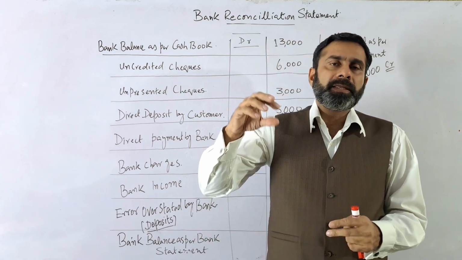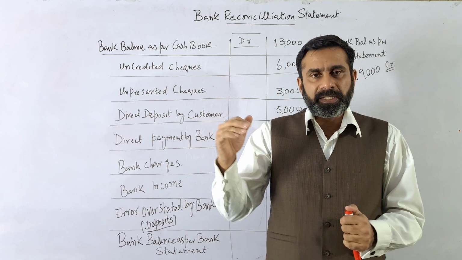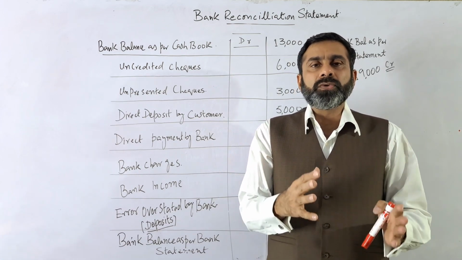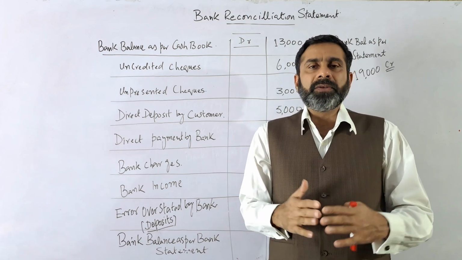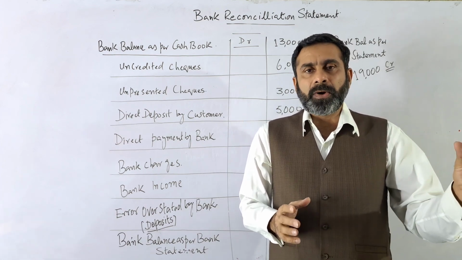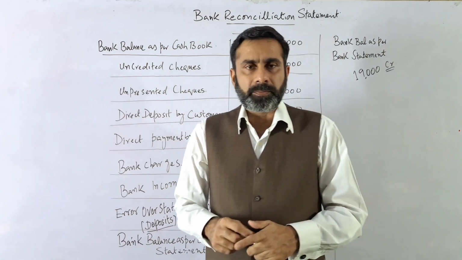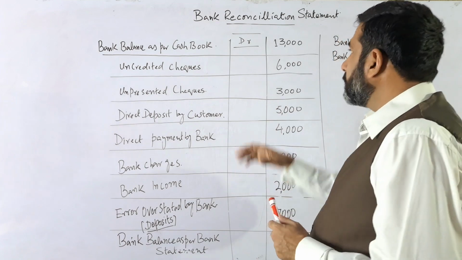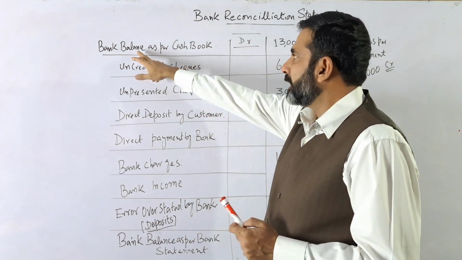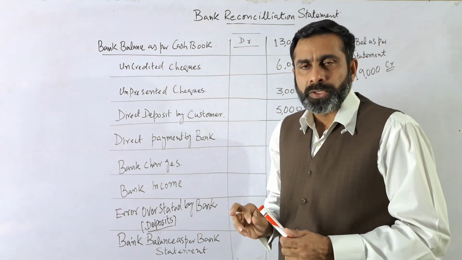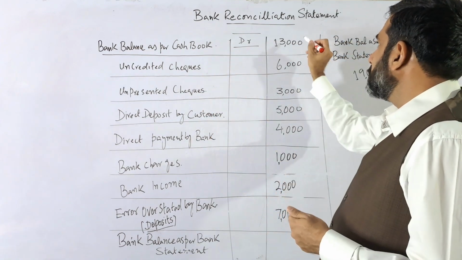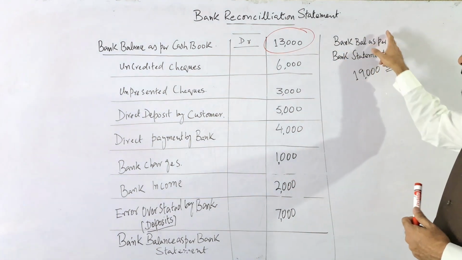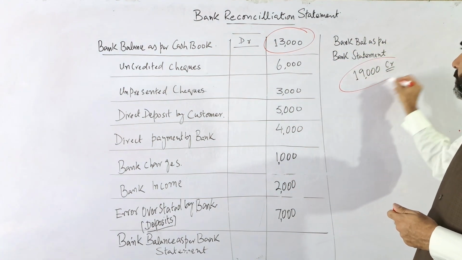Like we can start with the balance available as per the cash book, then calculate the differences, and then match that amount with the amount as per the bank statement. In the current example, we are starting with the bank balance as per the cash book, which is 13,000. But the bank balance as per the bank statement is